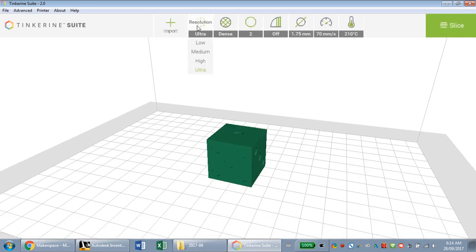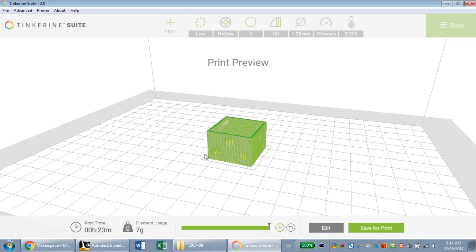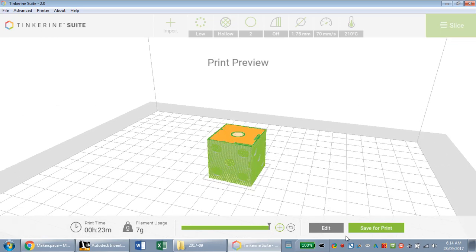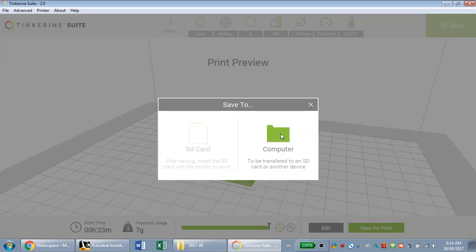So we're going to edit it, put it back to low. Okay, keep this as hollow for right now. The rest is the same. Slice it. There's my preview, and then all I can do is, if I had an SD card, I'd go save for print. I'm either saving it to the computer, and then I can put it on an SD card later,